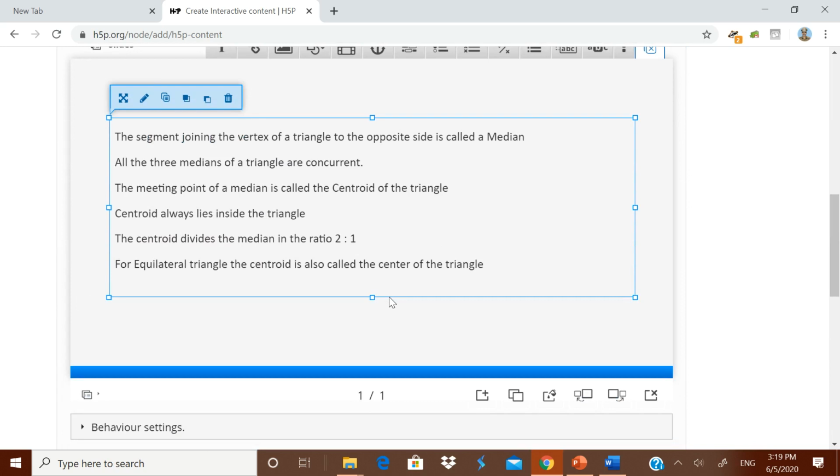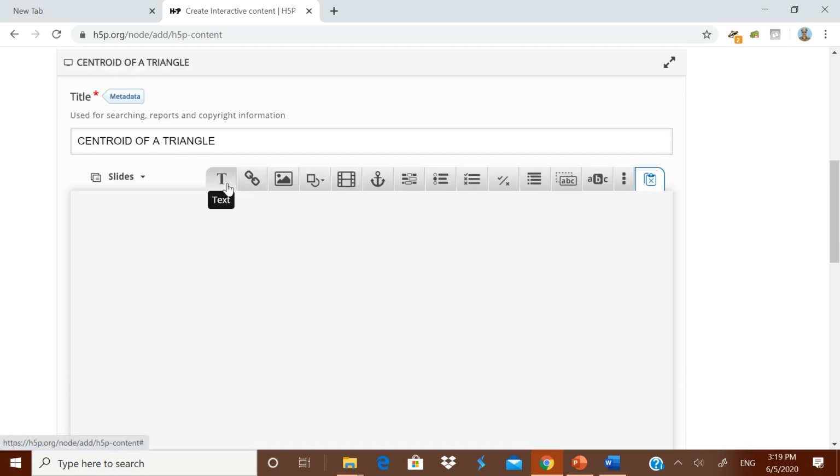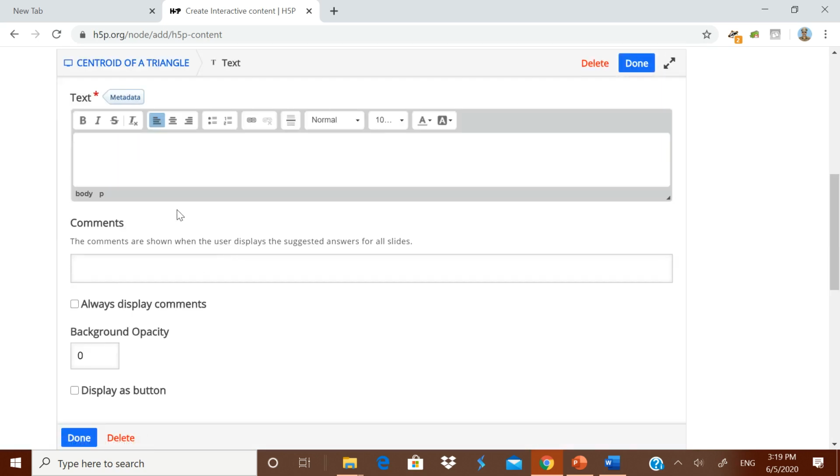In slide number 2, I am going to give them a link to a GeoGebra sheet which is on the web. Therefore, I am clicking this add new slide. In the text, I am writing: click the link below to see the GeoGebra worksheet on centroid.